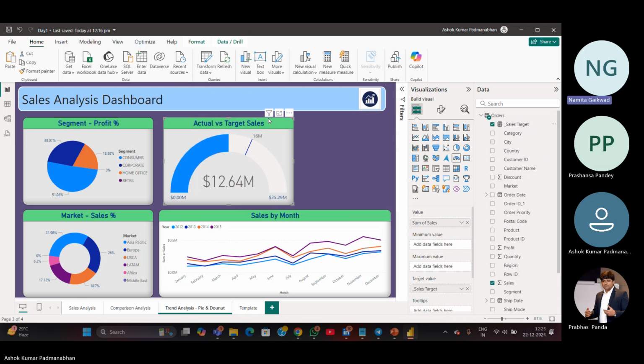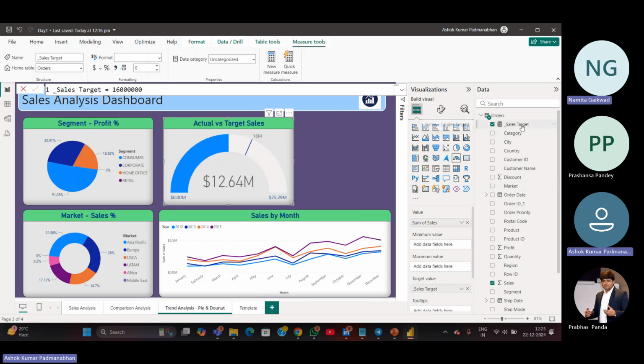Sorry, where is the 16 million being seen? Yeah. Have you created this measure first of all? Yes, yes, I have. Right. Now click on the gauge chart